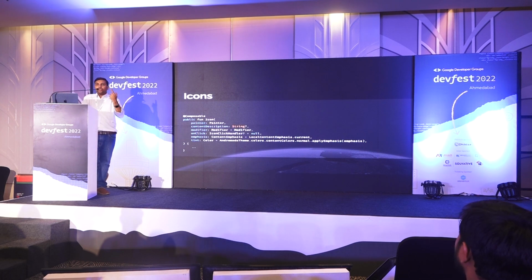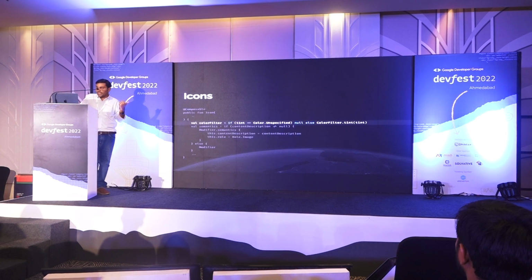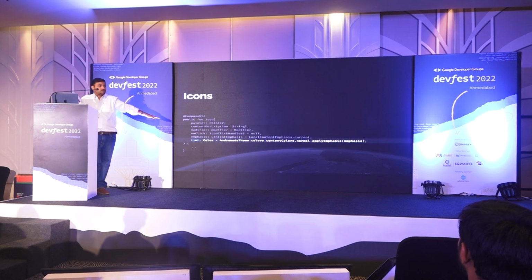Like if for a blind user, if I use my app, I should be able to use the app in a certain way. The app should read out to me. So all those small things, even though Compose provides these, many of us just say, oh, that's a default, and we just move on, right? Okay. Now, just moving on, sorry, I have a lot less time. The important thing I want to highlight here is, this guy, tint. For folks who wrote Compose, how many of you have tinted your icon? Arey, I put blue, how did it become gray? So I have given you control for that also.